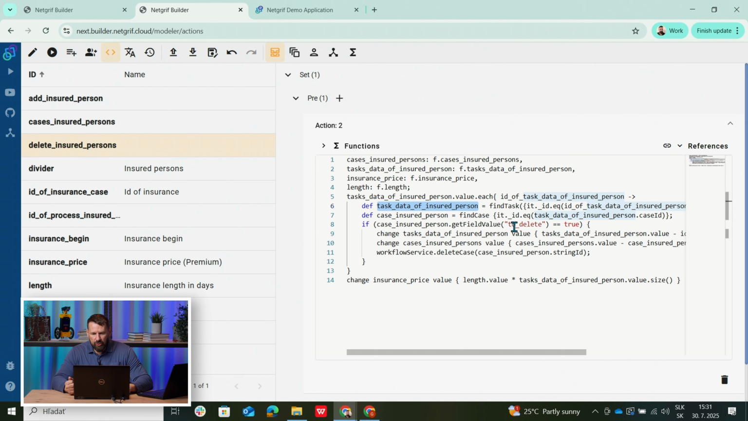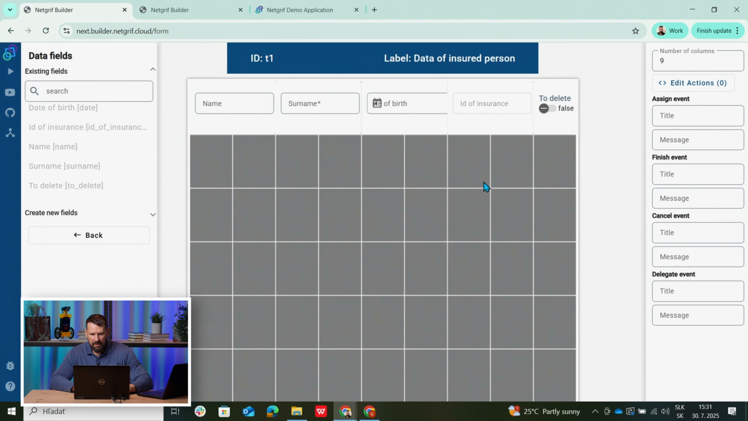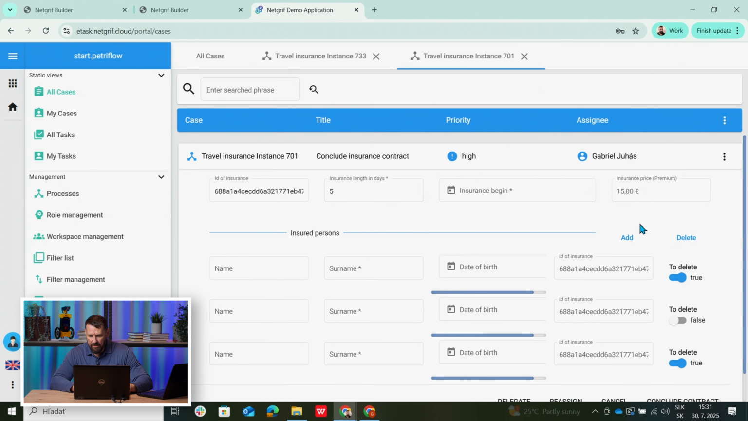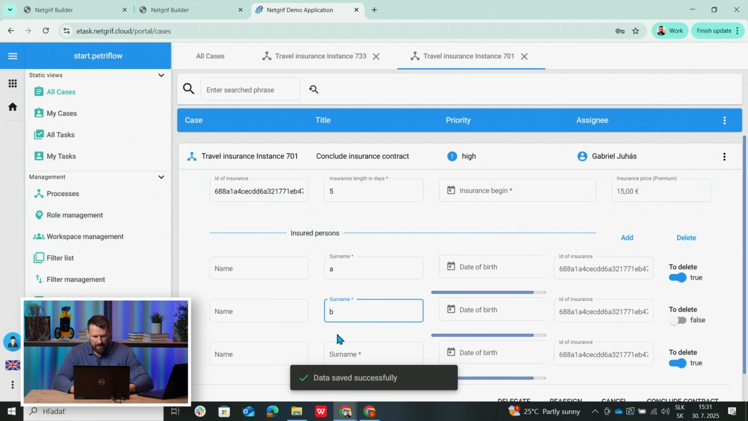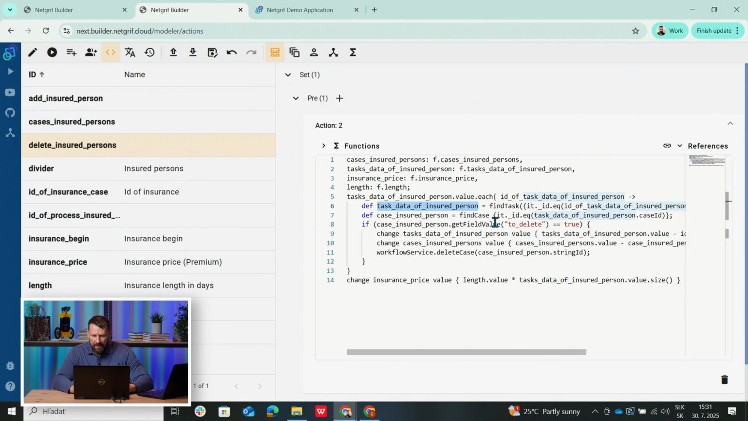gets field value to delete, what is get field value to delete? This is actually to delete. If this value is true, so it's true for the first and the third one. So we will give here like A, B, C. So it's actually true for surname A and surname C. Yeah. So, in the case that it is true,